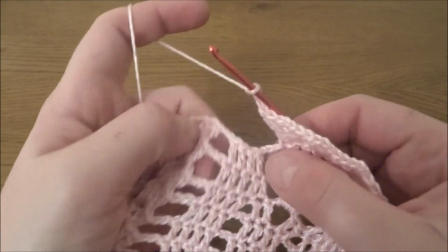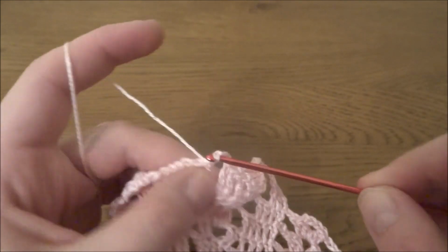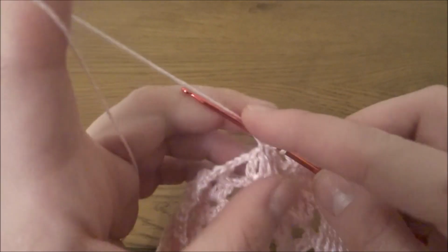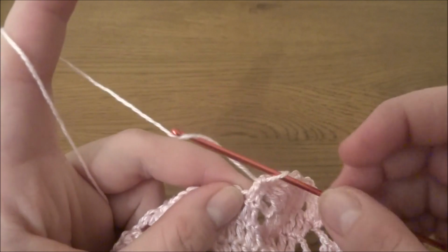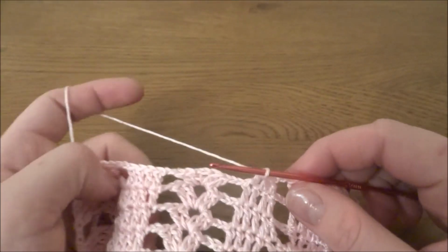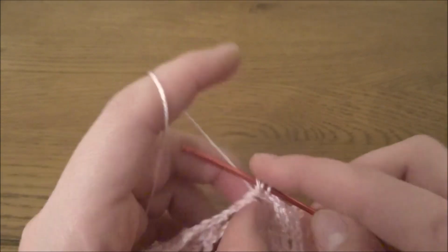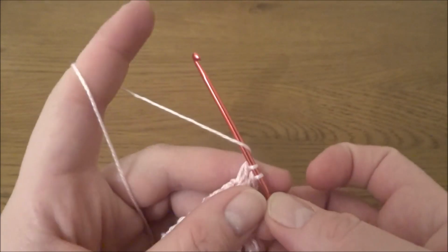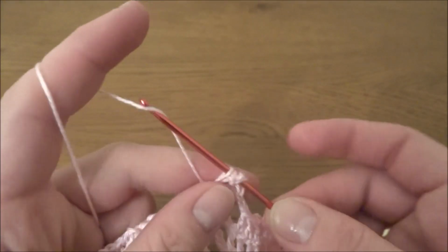We have to skip the first double crochet and work 1 double crochet into the next 3 stitches. 1, 2 and 3. Chain of 2, 1 and 2, and another V-stitch into the V-stitch from the previous round. 1 and 2, so 2 double crochets, chain of 3 and another 2 double crochets,